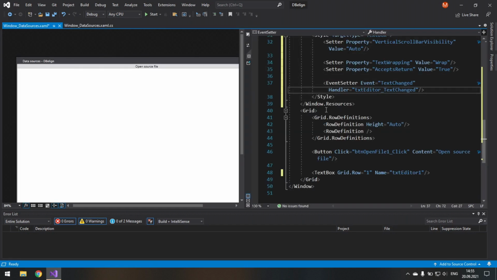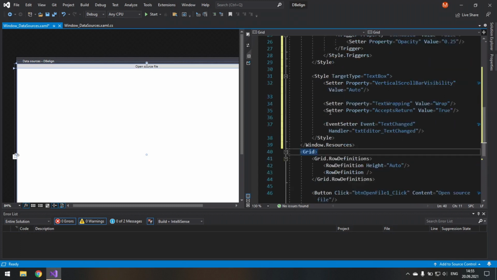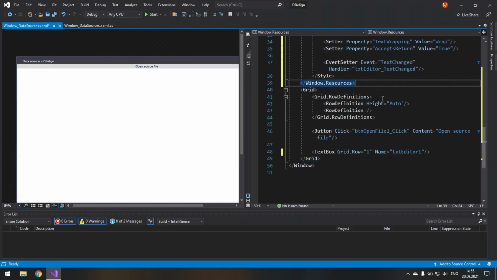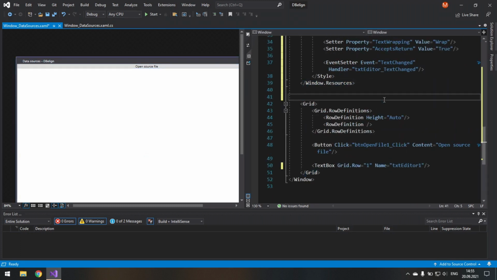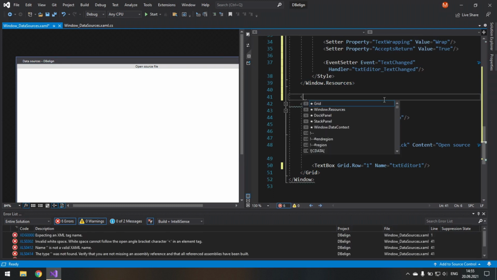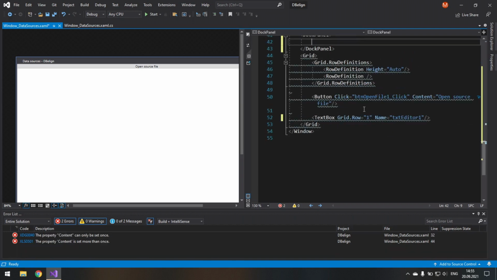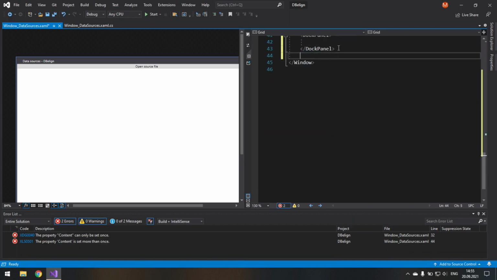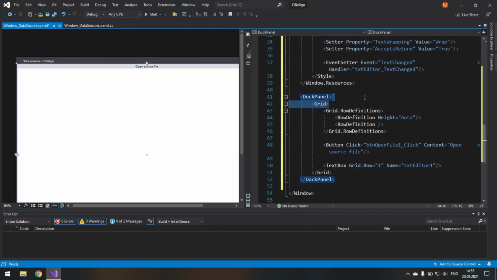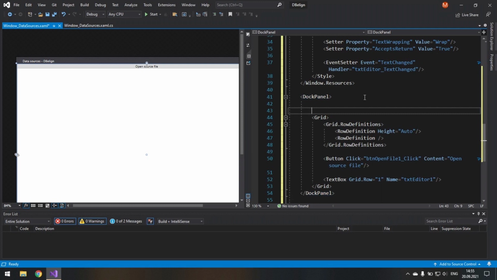So now we will add the main container. Right now we have a grid. Let's put it inside our new main container. And that is going to be not a stack panel, not a grid, but a dock panel. And honestly, you could use just a grid, but I discovered that it is more suitable when you are experimenting with a lot of stuff and when your UI is open to changes. For example, we have two controls here.